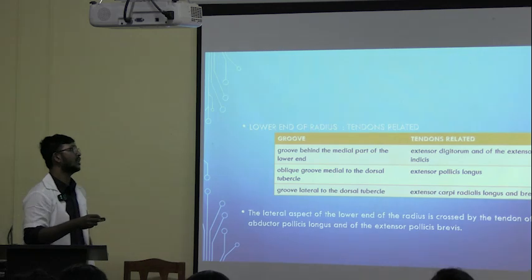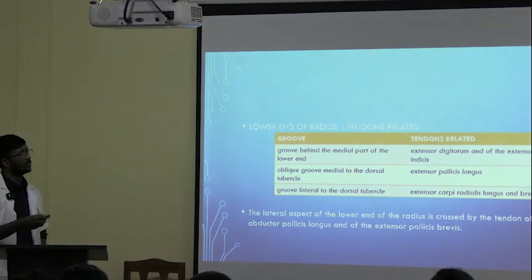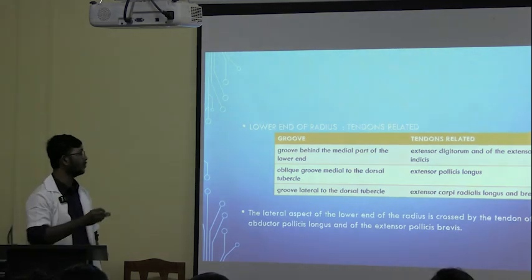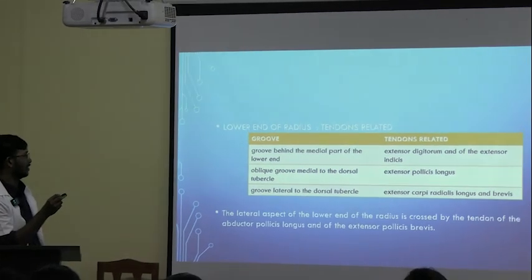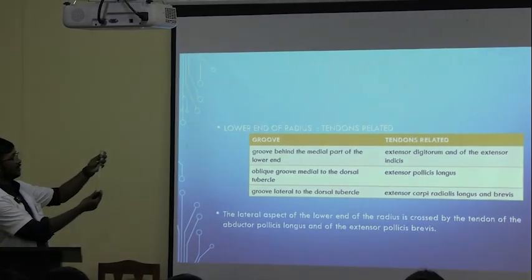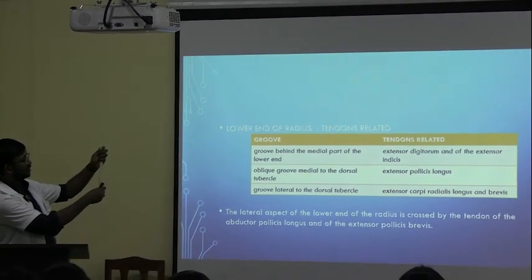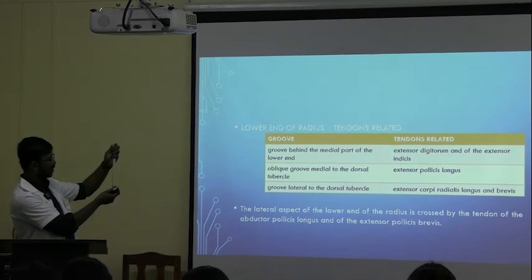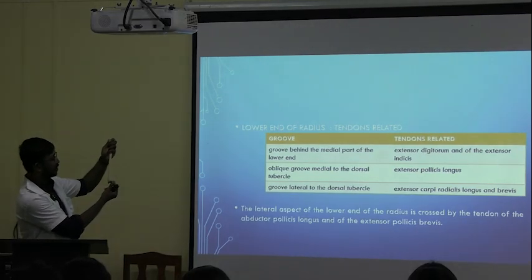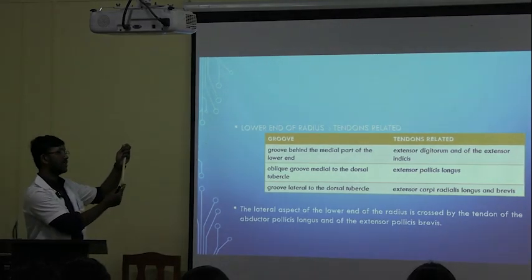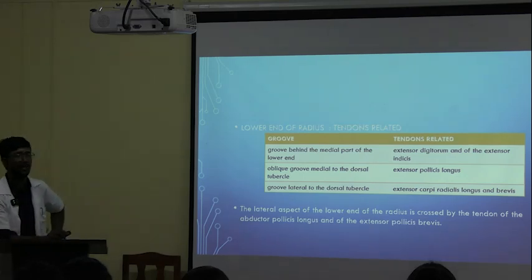Now the lower end of the radius, there are certain tendons which are related to this thing. There is a groove behind the medial part of the lower end. So this is the lower end, and this is the medial part. Just below the medial part of the lower end, this portion, extensor digitorum and extensor indicis, these things will seem